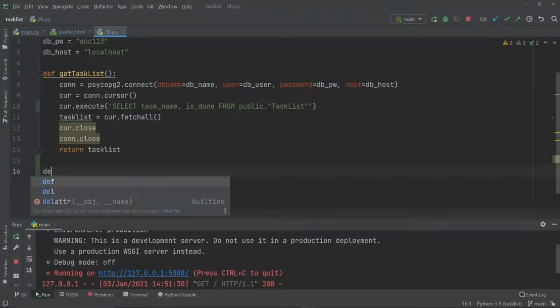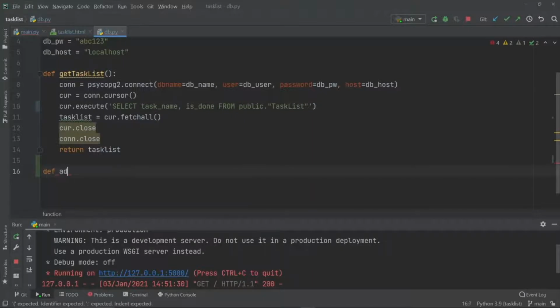The way we do that is by first making a function, so def add_task, and let's have two parameters because remember we're going to have the task name, so name, and also due date,